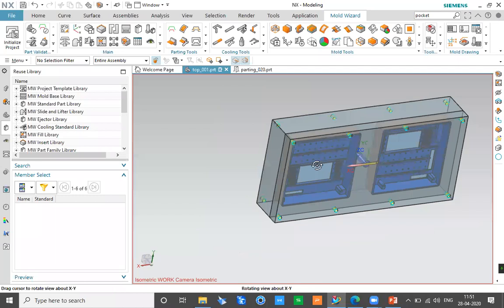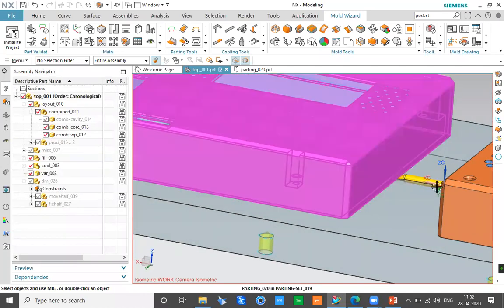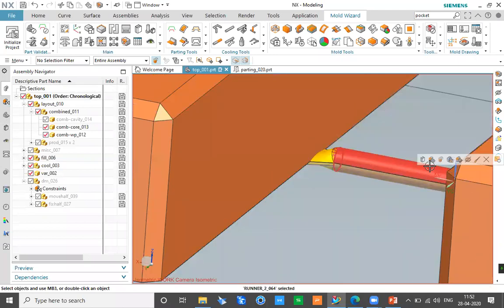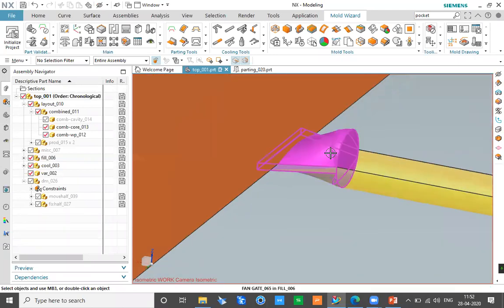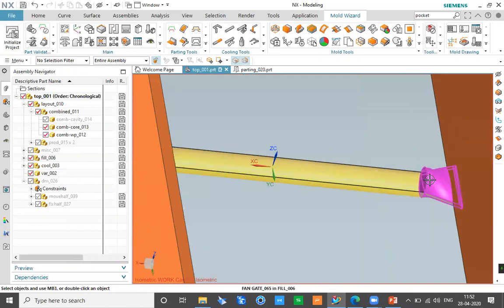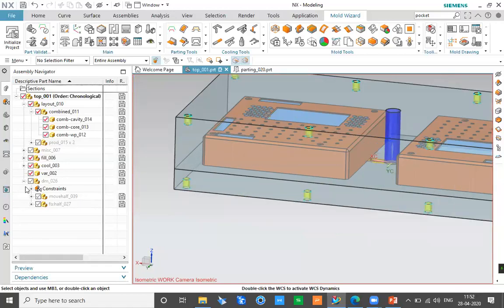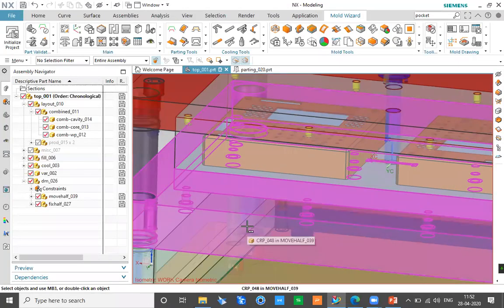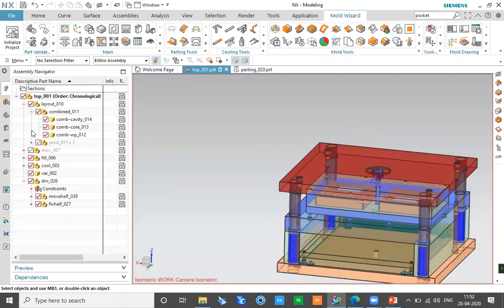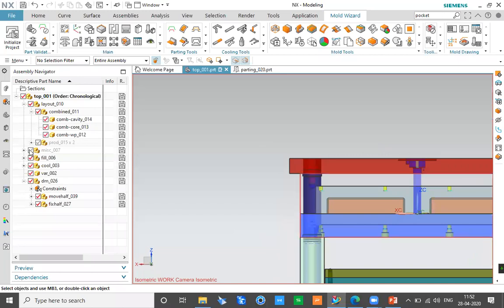Okay, so the basic information about the gate and everything is added. Now I can hide, let's say, my cavity, my core, and my runner objects. I don't want to see the actual objects. I can just hide them, and you can see the runner is properly created with all the proper gate information. So this can also be easily done. You can notice how this mold is coming together. Even a simple mold takes at least 1 or 2 days to complete, but this kind of mold is coming together in a much faster and more effective way.